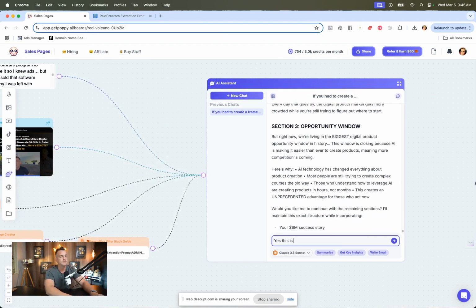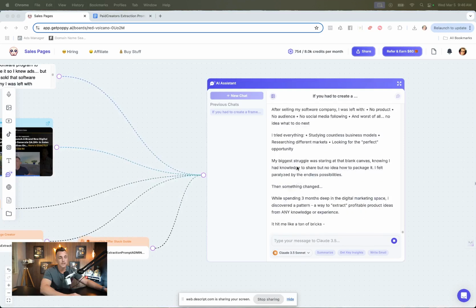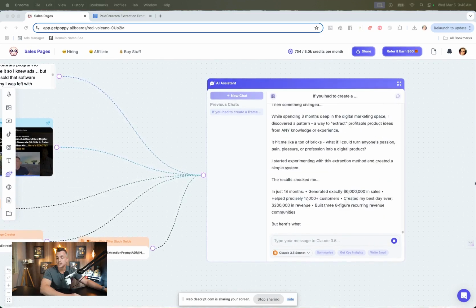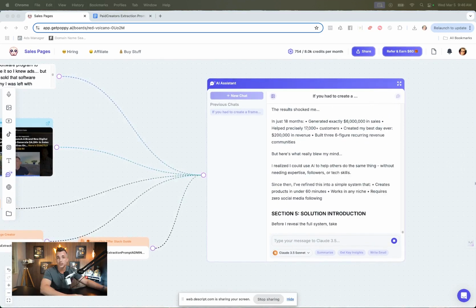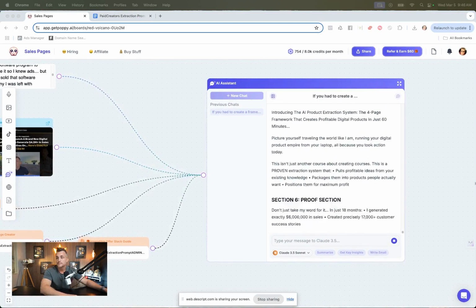Yes, this is great. Let's build an entire sales page. I want to be able to actually get this built out for myself, right? That's what I'm looking for. So let me go ahead and let that thing keep going. And then what I want to show you is I'm actually going to turn that into a full-blown sales page right here in front of you. So what I'm going to do